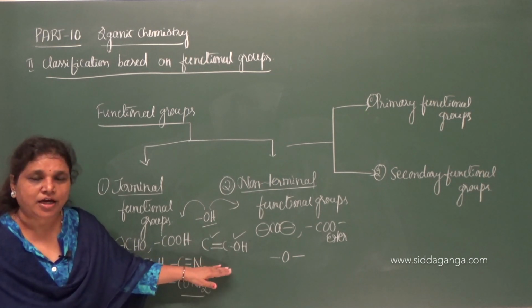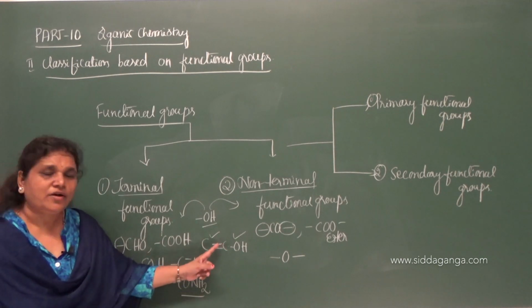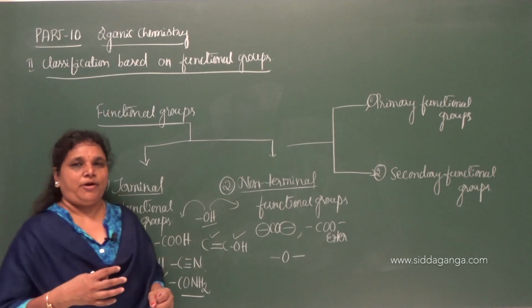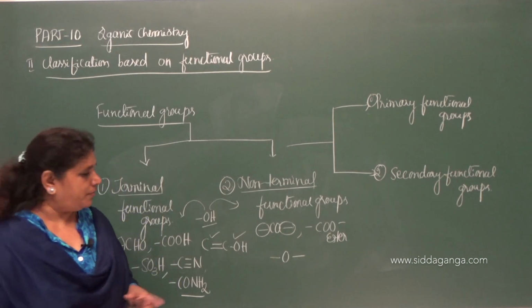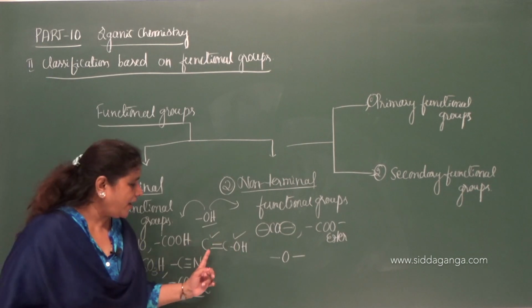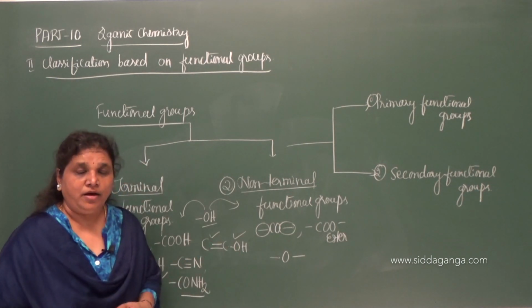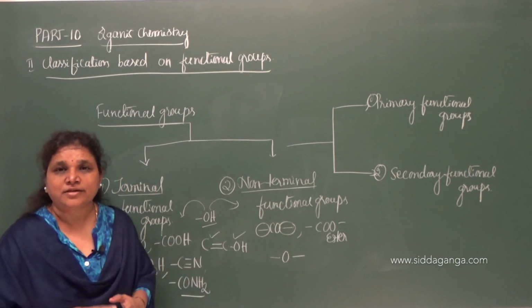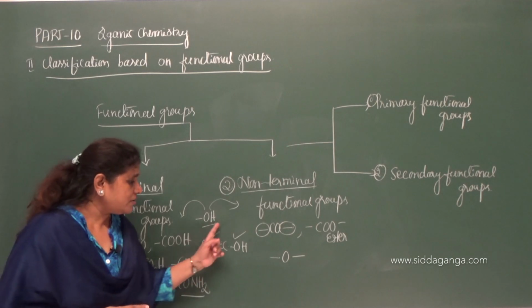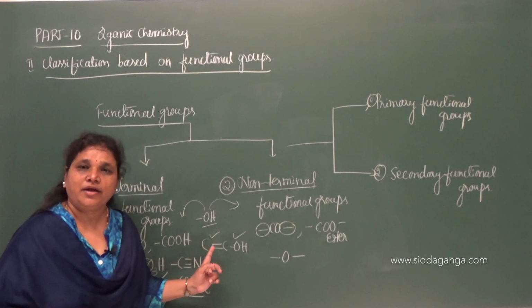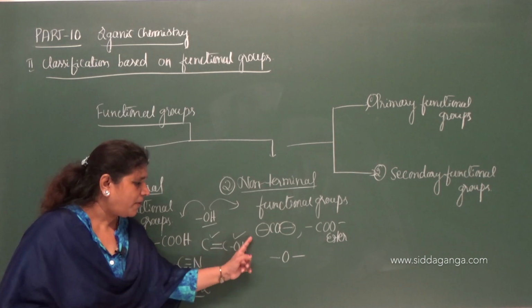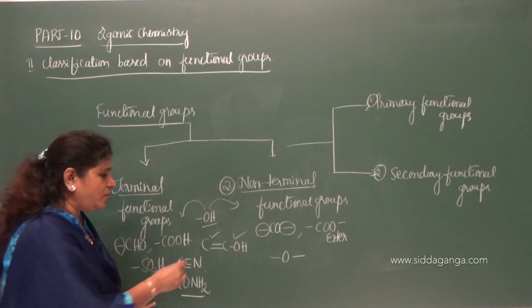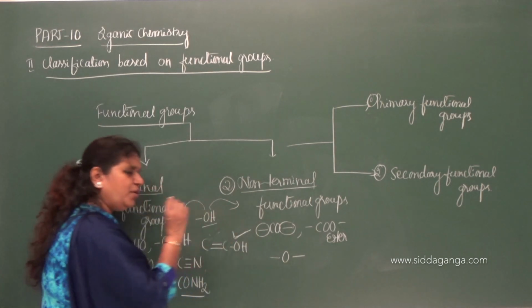If a given organic compound contains both a carbon to carbon double bond and the OH group, the maximum properties of that particular compound depend on the OH group rather than the carbon to carbon double bond. It does not mean that the carbon to carbon double bond does not determine the properties. No, it also gives properties of the given organic compound, but the maximum property is given by OH. Therefore, priority goes to the OH group.